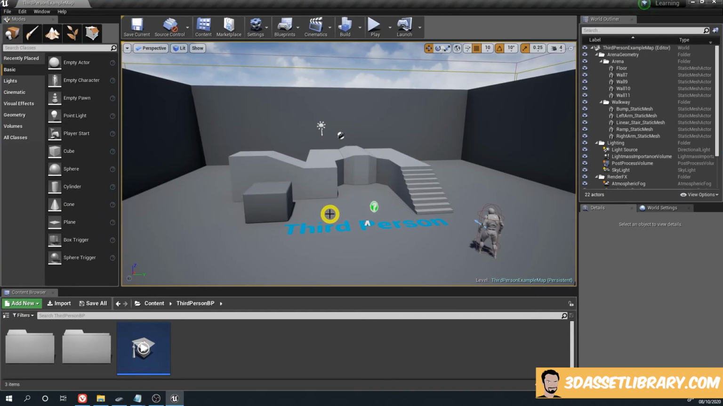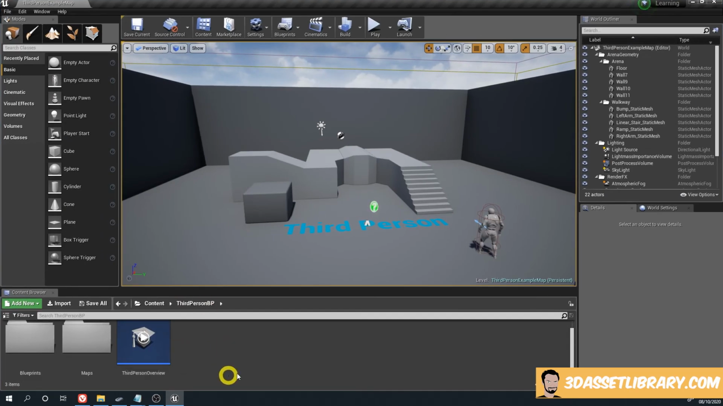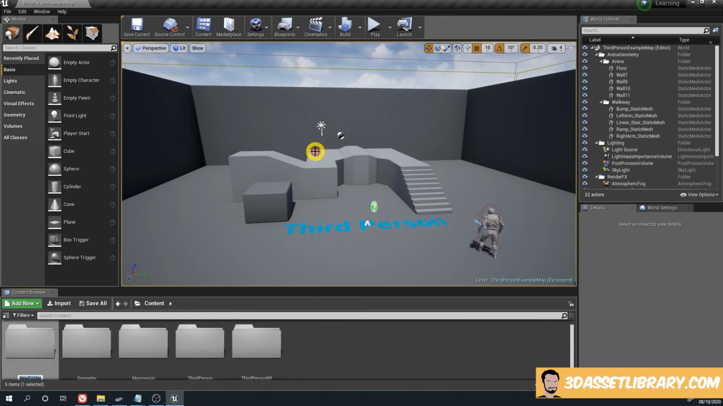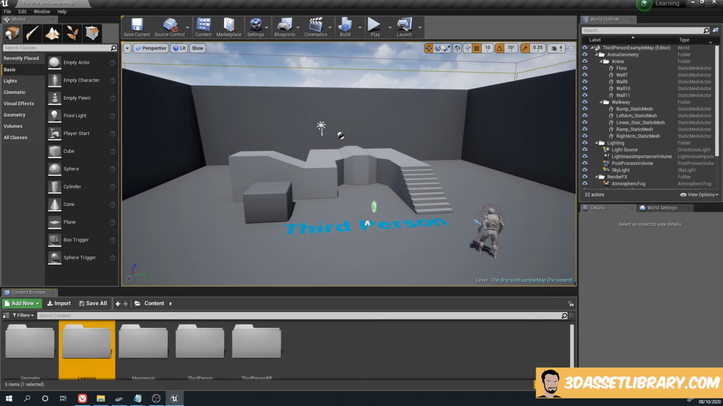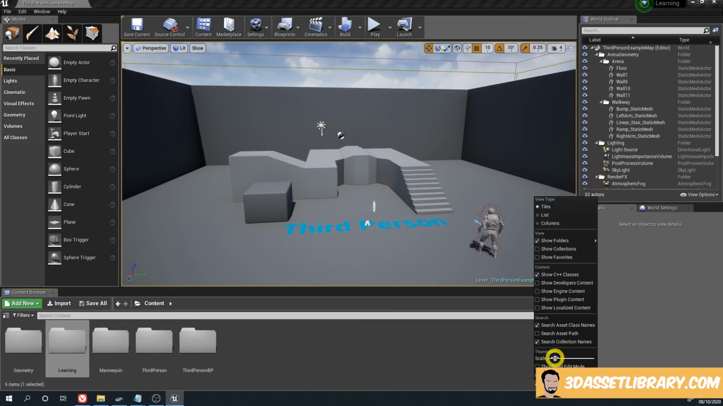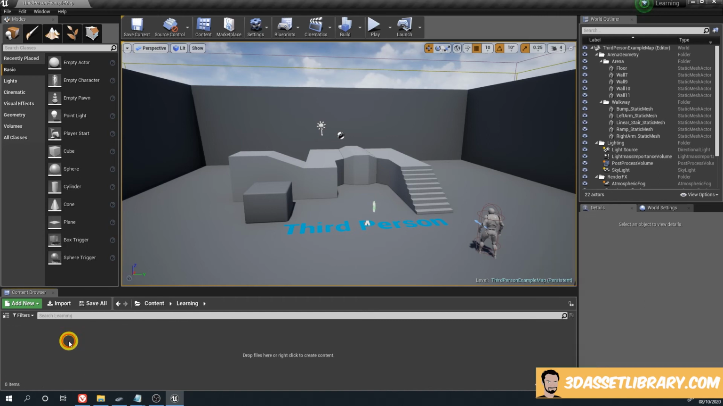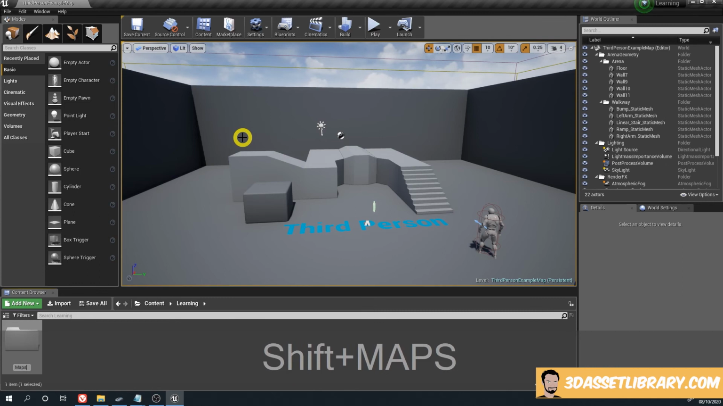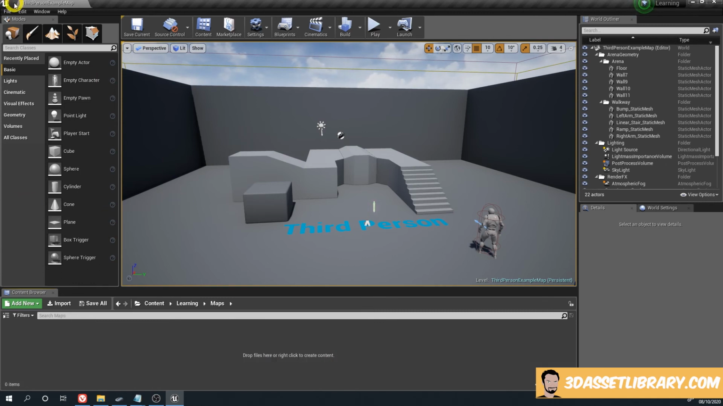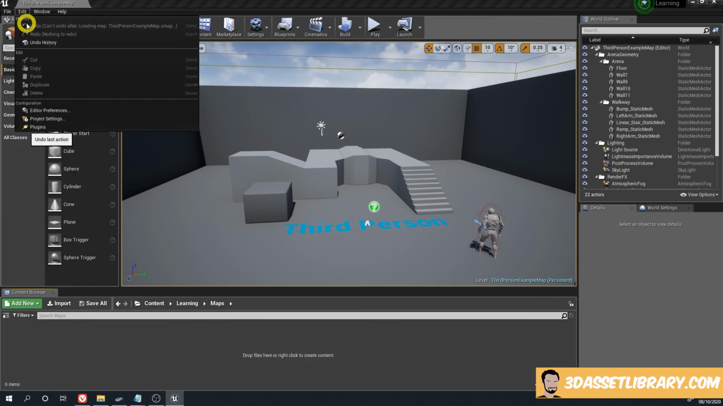So got our project loaded. What we want to do is create a new folder. So go back to content, right click, create a new folder, and we'll name that learning. I'm just going to make these icons a bit smaller. There we go. Double click on that, create another folder called maps, and then we want to go to file,